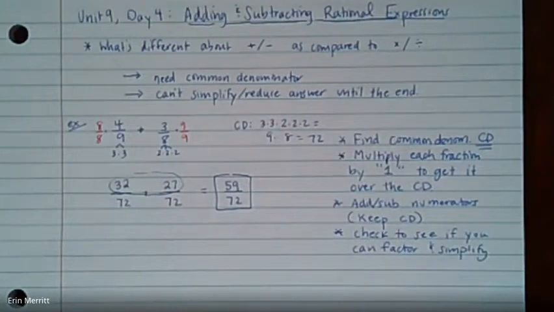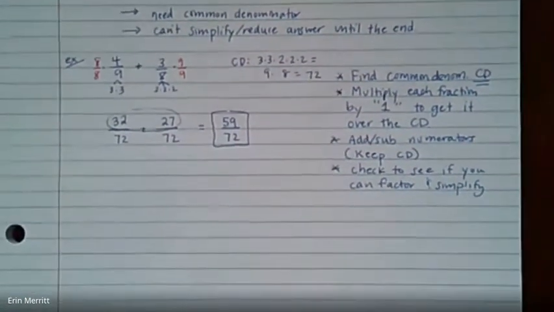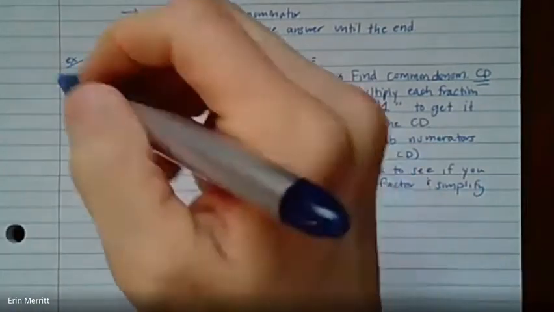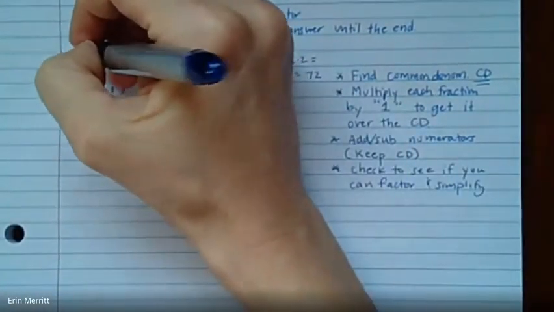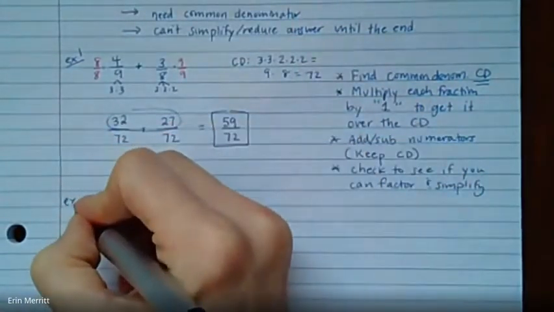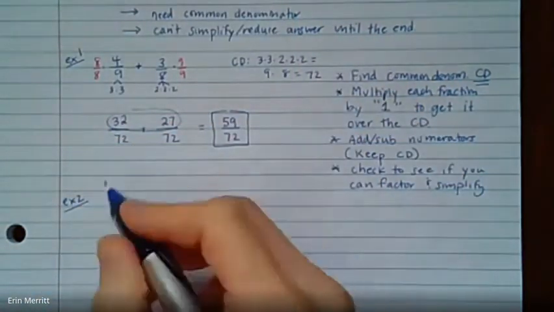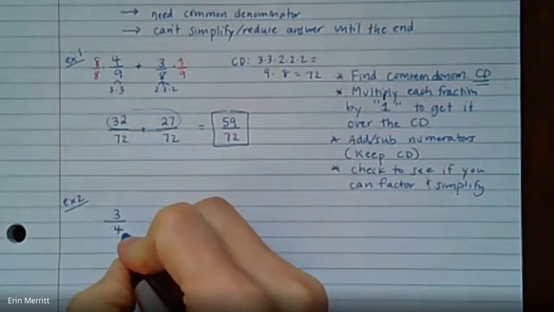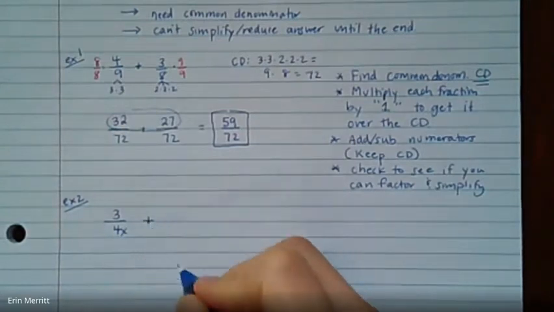All right, now let's talk about some examples where we have x's in here and we couldn't have just done this on the calculator. So if that was our first example, we'll make that example 1. Let's do example 2 here. So I'm going to give you 3 over 4x